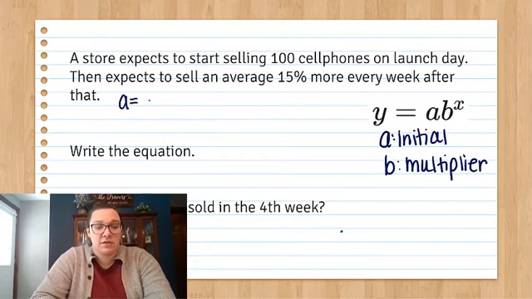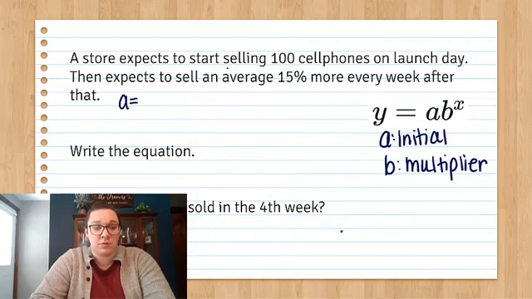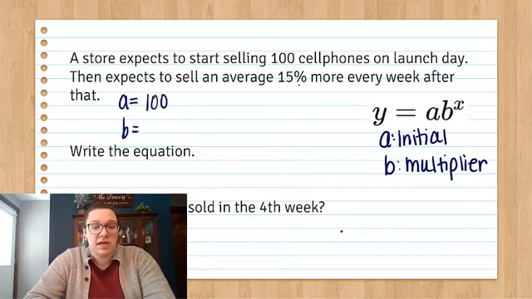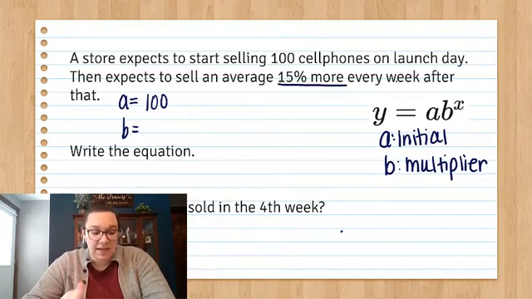So a in our situation is the initial value, which is that we're expecting to start selling 100 cell phones on launch day, day 0. So a is 100. b is this percent, 15% more. Now we have to be really careful, 15% more every week. Now if it stayed the same, it'd be 100 cell phones sold each day, but we're getting 15% more